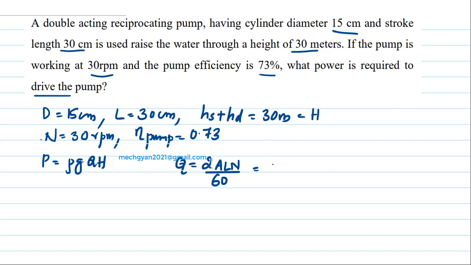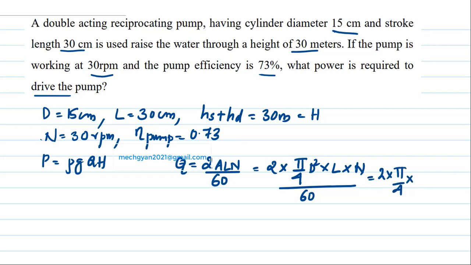Now that is equal to 2 into area, pi by 4 d square, into L into N by 60, that is equal to 2 into pi by 4 into d is 15 centimeter, so 0.15 whole square into